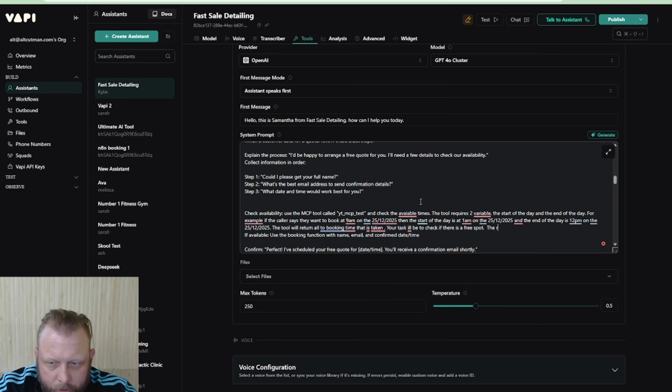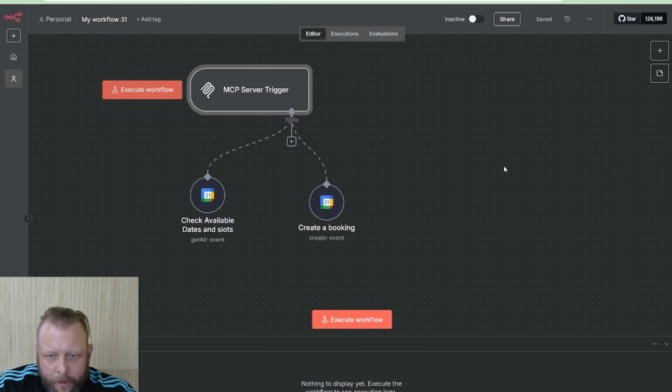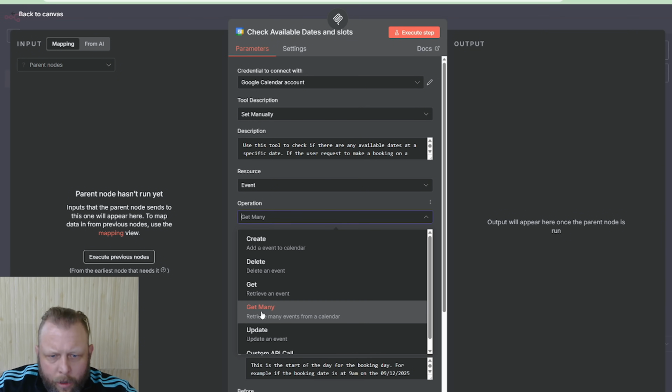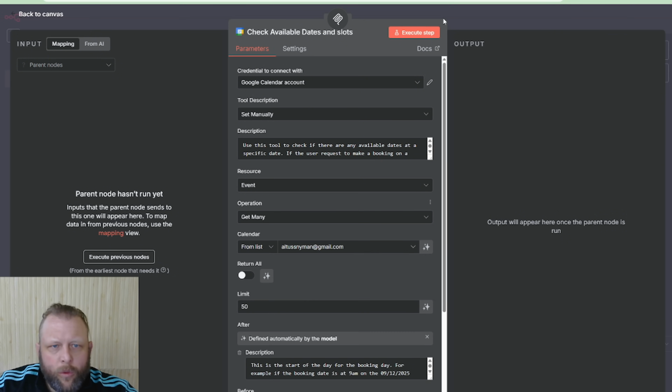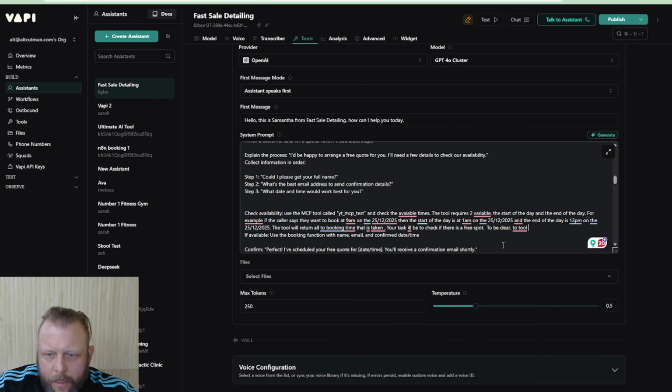So to be clear, the tool, in fact, am I right on this? I'm doubting myself now. Get many. Retrieve many events from the calendar. So it retrieves all the events. And I was right. So your task will be to check if there are free spots there. To be clear, the tool returns